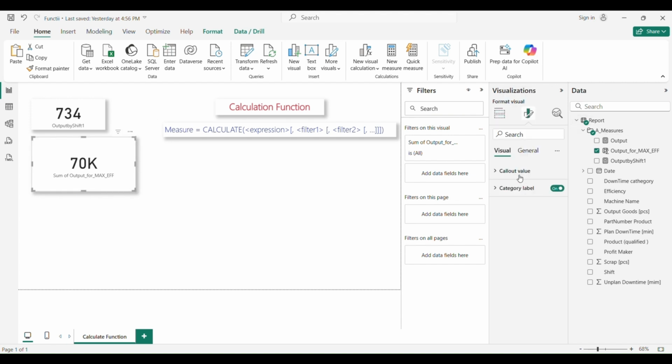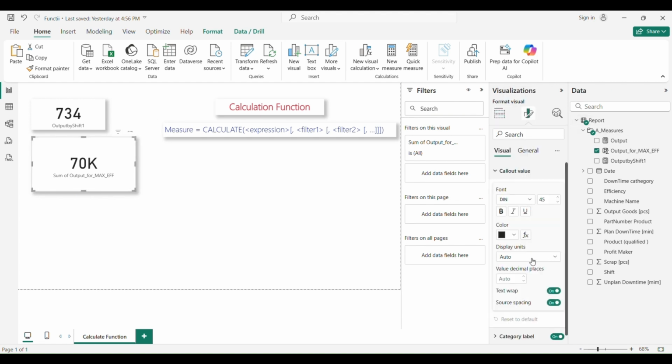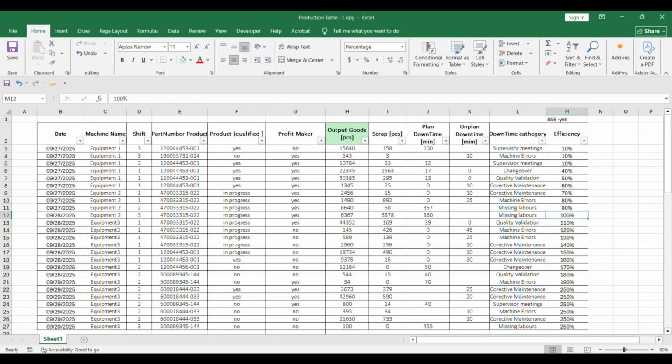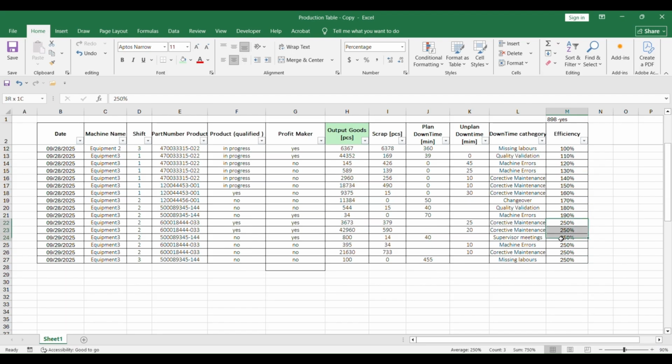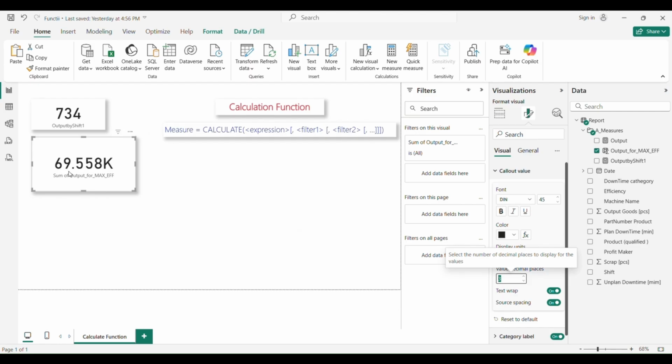Let's just put some digits. $69K. So let's just check. So the maximum efficiency will be here, and the output should be this one. 69K 558. 69K 558, which is correct.